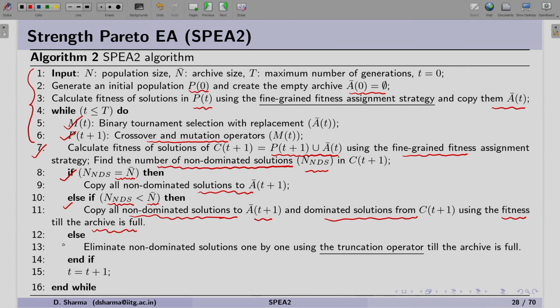In case the non-dominated solutions are more than the size of the archive, as in step number 13, then we have to eliminate some non-dominated solutions. We eliminate them one by one using the truncation operator till the archive size is full. In step 15, we increment by 1 and move in the while loop till our termination condition gets satisfied.